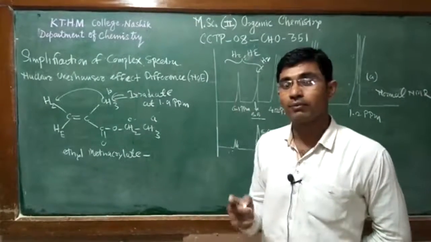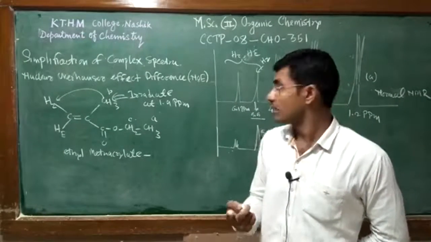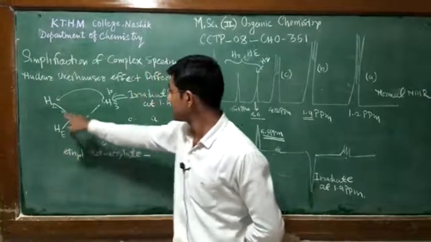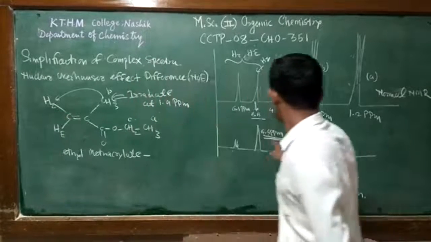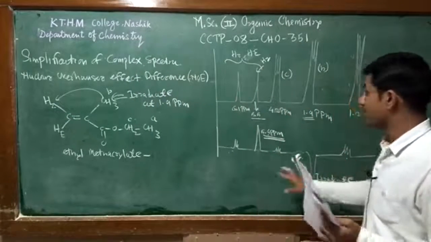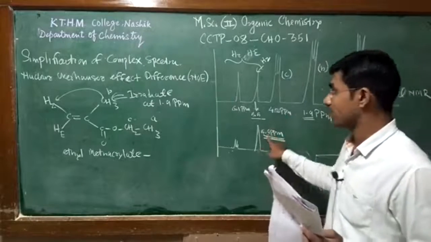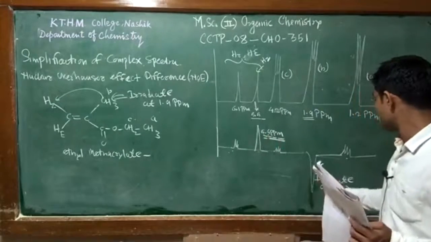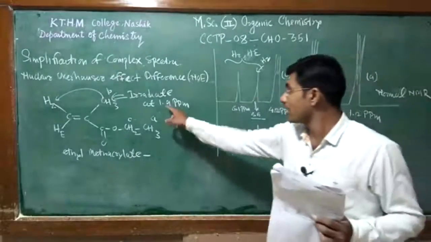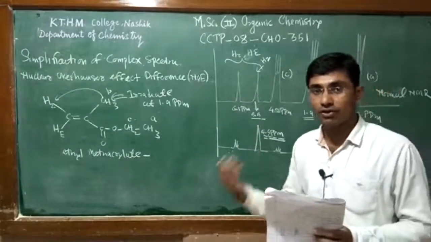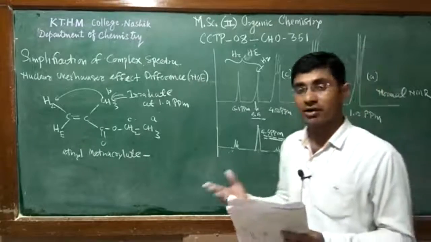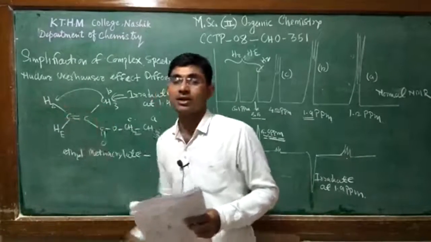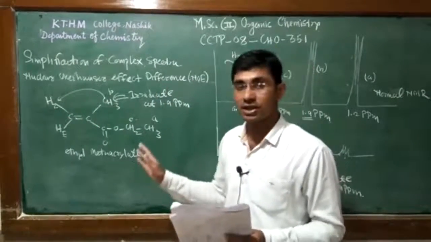This is also confirmed in another way. If you irradiate this proton at 5.5 ppm, it shows a negative signal, while the signal at 1.9 ppm shows only a positive signal enhancement, and the other protons show very weak or absent signals. This also confirms that these two protons, the methyl and this vinylic proton, are close, within a distance of 3 to 4 angstrom units.